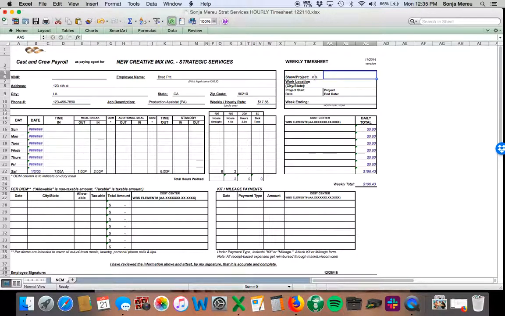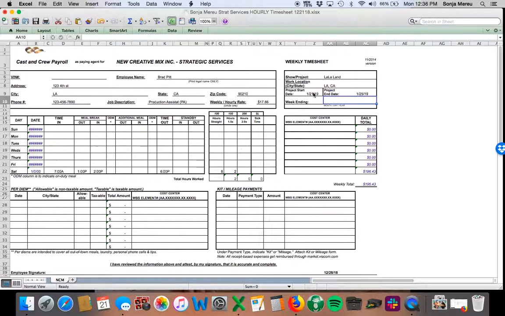Now we'll go over here. What's the project? Let's say the project is called La La Land. Your work location is likely going to be Los Angeles, California, but it could be anywhere. It could be New York, New York. It could be whatever. So in this case, we'll do Los Angeles, California. And project start date, we'll put today. It's my first day of work. And then project end date will be the end of this week. So that's